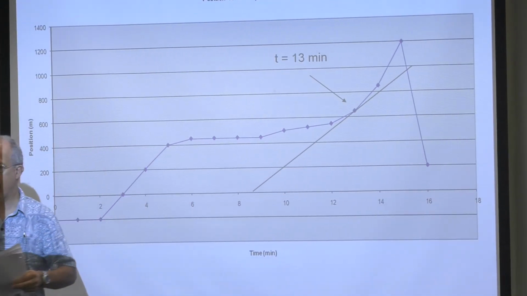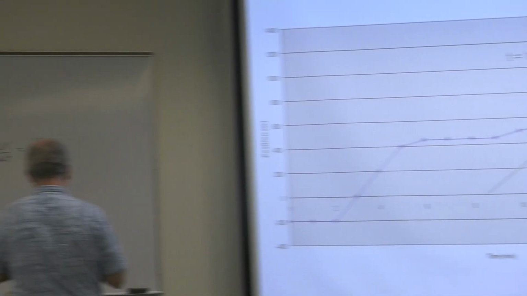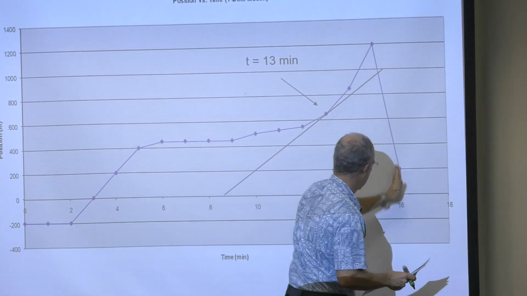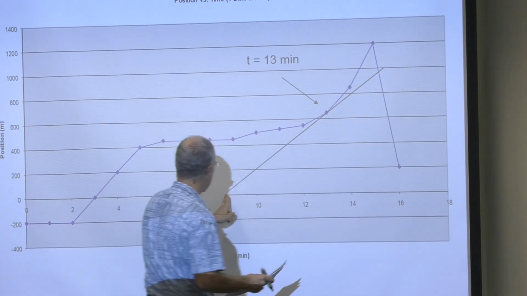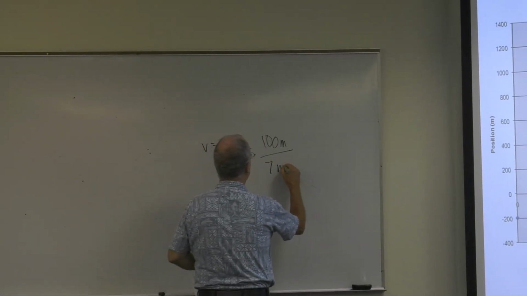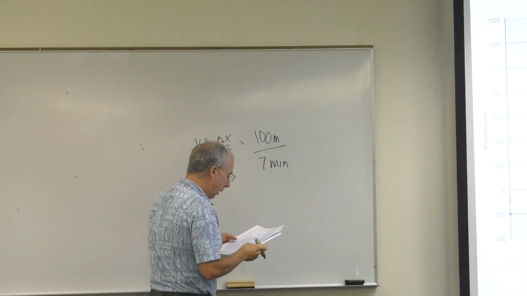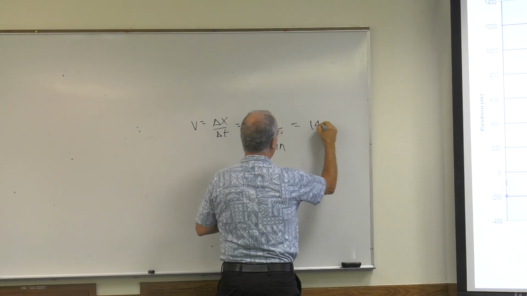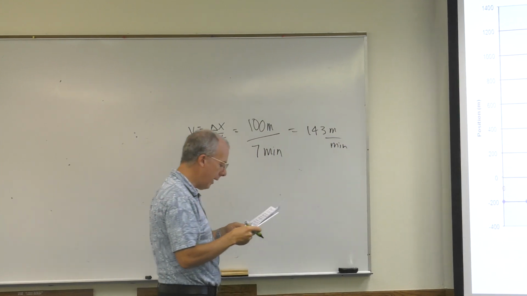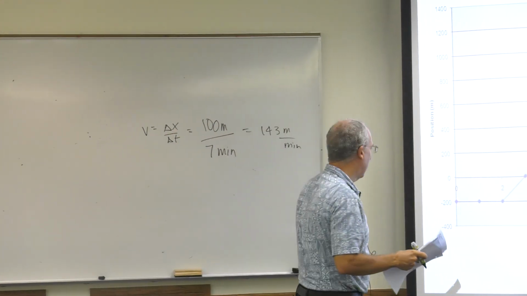So 15 minus 9 is 6, right? Wait a minute. Oh, I'll call that 16. So 16 to 9 is 7. We're just doing approximately 7 minutes. So that's 143 meters per minute. Okay? Now, remember,